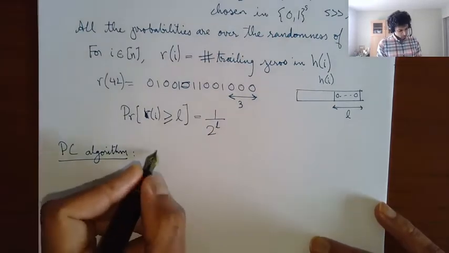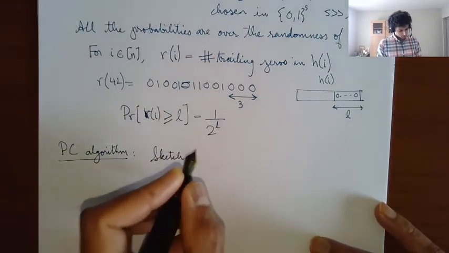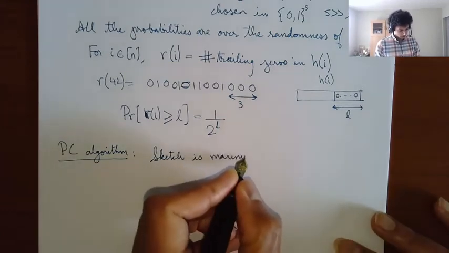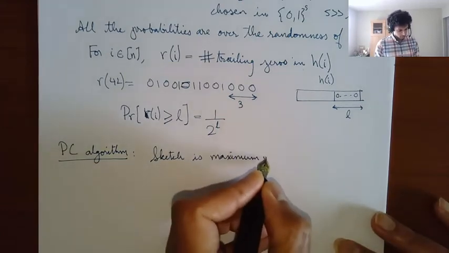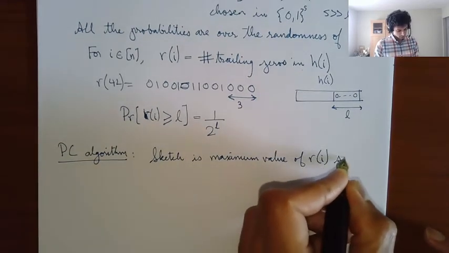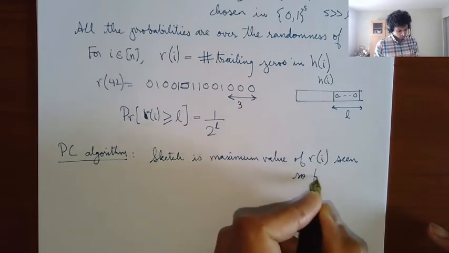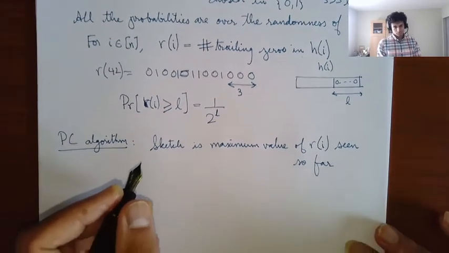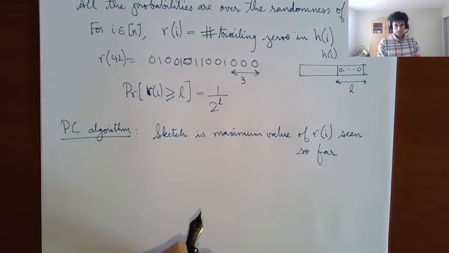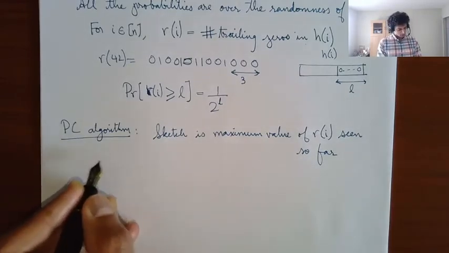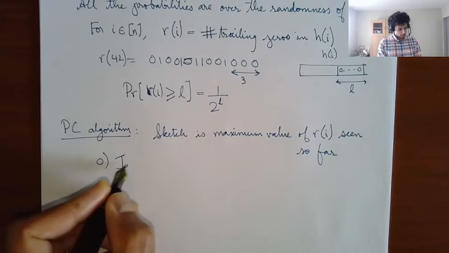So the sketch is simply the maximum value of r of I seen so far. That's the sketch. Okay, so just to write it out formally, the zeroth step, the initialization, is to